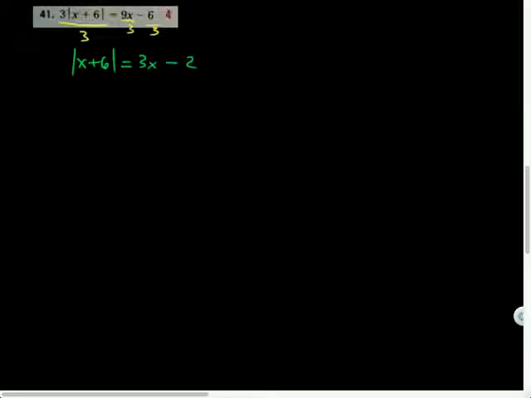This gets a little bit interesting. We're going to break it up. I'm going to give myself some room to break it up over there. So I'll have x plus 6. The normal version you guys should be awesome at, right? That's just like the same thing without the absolute value. And the other version, x plus 6 equals